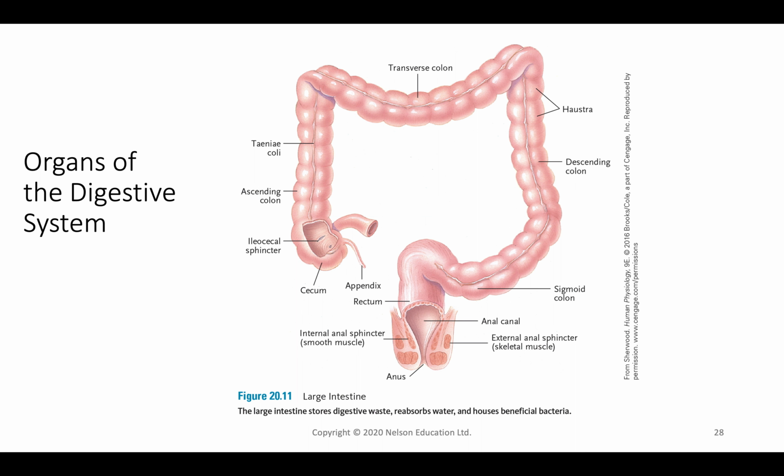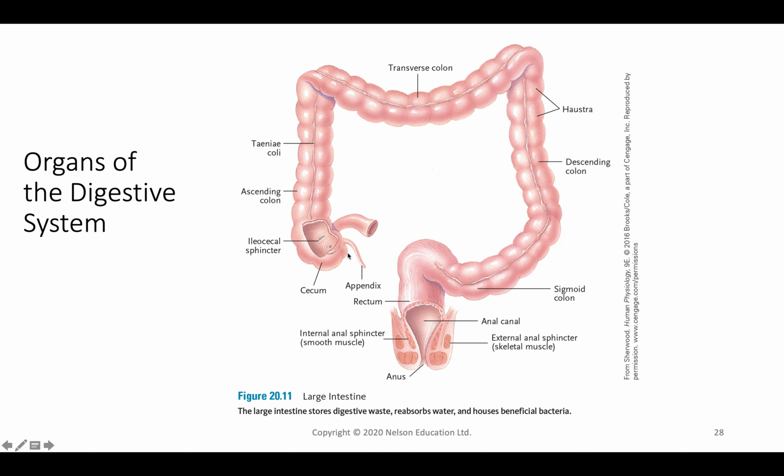Okay, so now we're entering into the large intestines. Again, we're doing that through the ileocecal sphincter into the ileocecal canal. So here's the ileum headed into the cecum. The cecum is going to be the very first part of the large intestines. Heading up, we're going to the ascending colon, the transverse colon, the descending colon, the sigmoid colon, rectum, and the